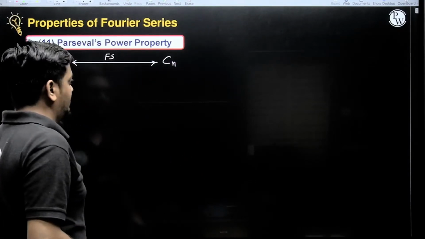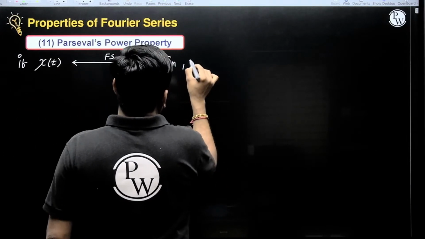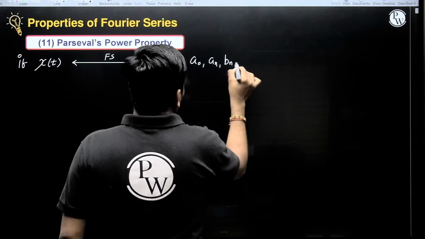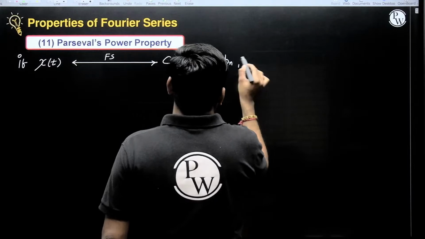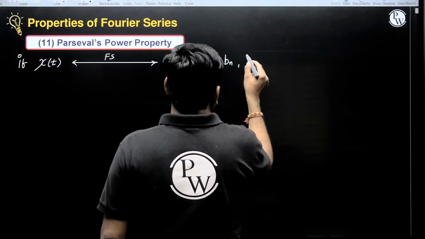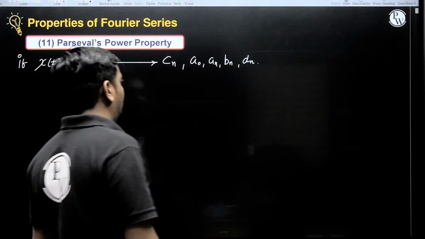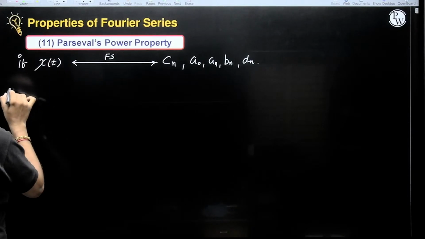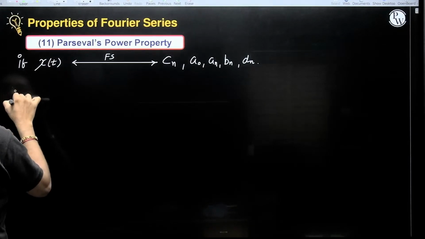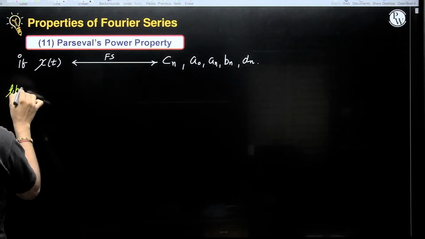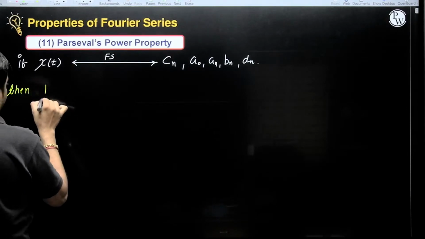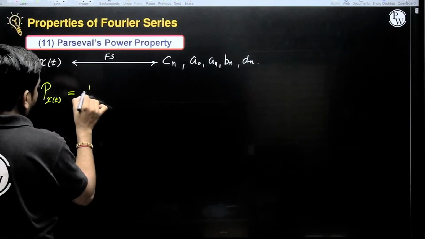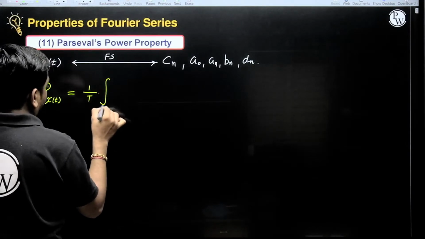With the help of the exponential Fourier series coefficient Cn, or a0, an, bn, correct, with the help of all these coefficients you can find the power also. Then, according to Parseval's power theorem, the average power of x of t, a periodic signal, is given by 1 by capital T integration over a fundamental time period of mod x of t